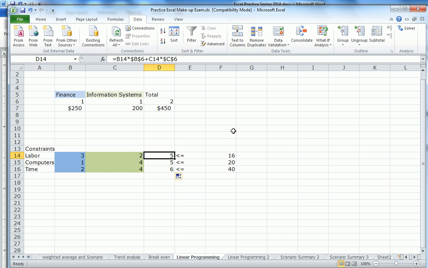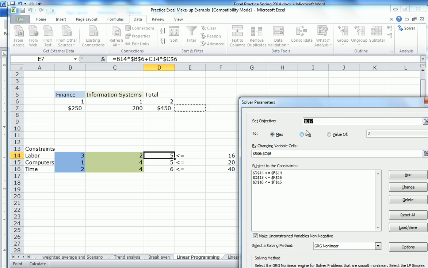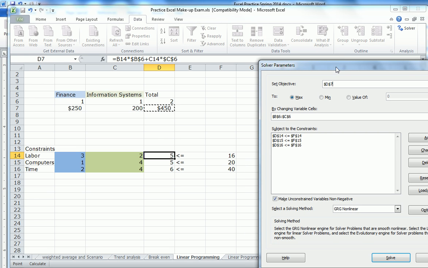Now we are ready to use Solver. And Solver says, okay, which cell do you want to maximize? The cell that we want to maximize is the one with the formula for the profit. Then it asks what you are trying to change, and we want to change the number of finance students and the number of information students. We want to change them to where we maximize the profit, given the set of constraints that we have. So the constraints are